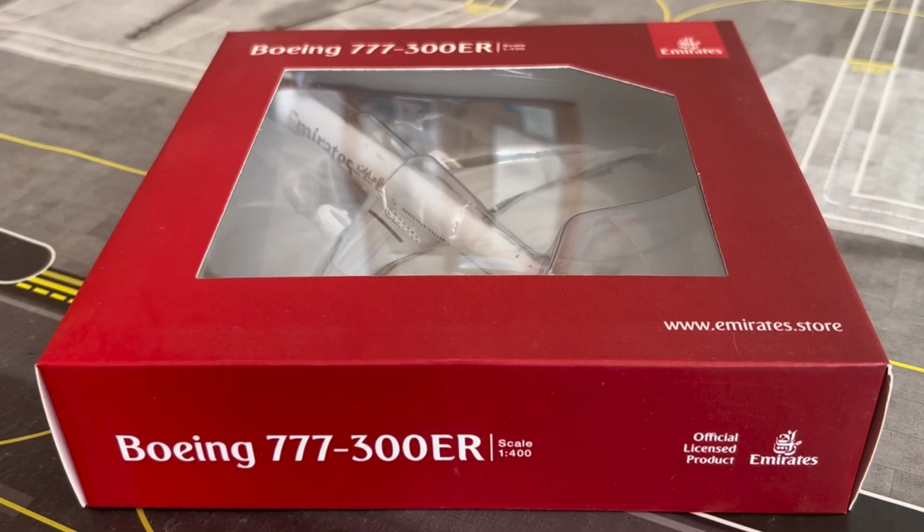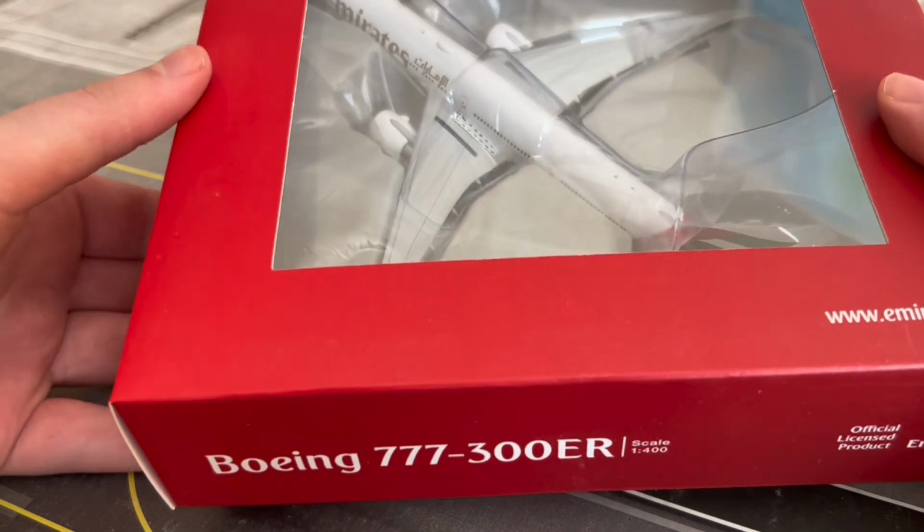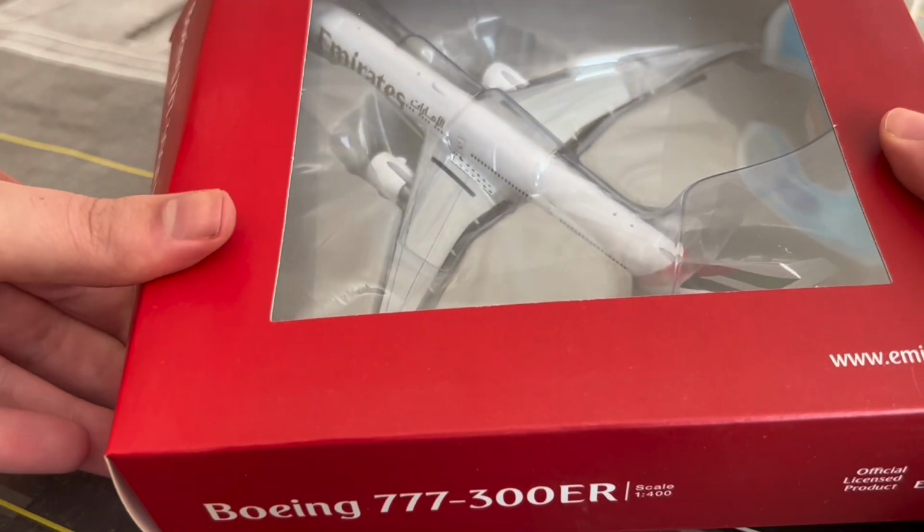Number 10 for today's video, we have the Emirates Boeing 777-300ER in the new mould by GeminiJets or JC-Wings. Let's get this model straight out of the box. Back in